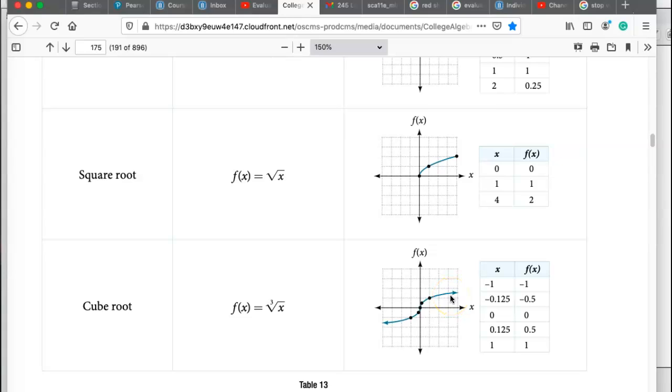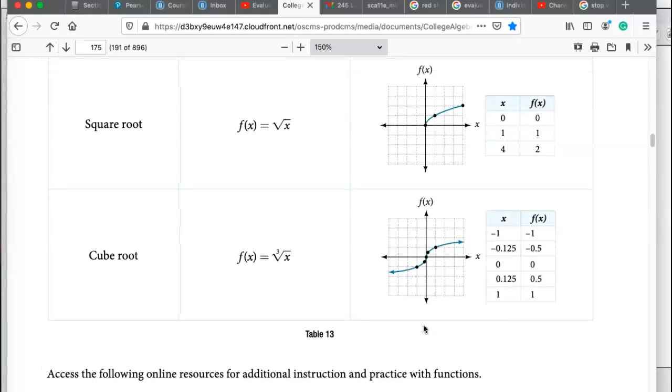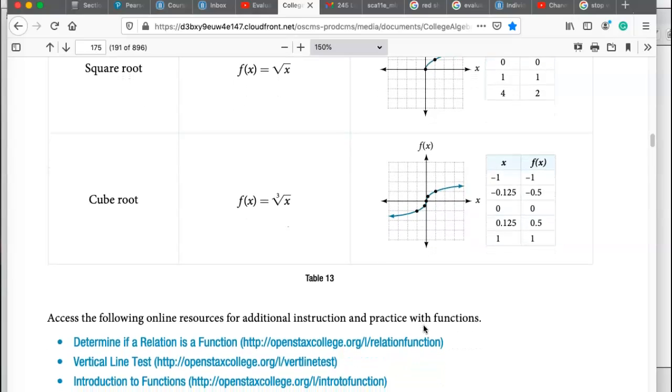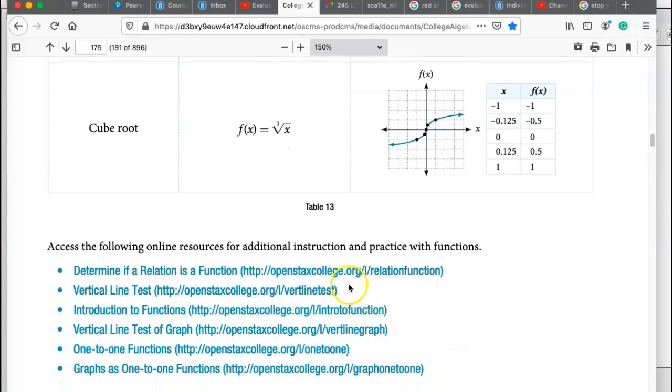So, thinking about this, we're going to start having drills that are going to be counting for points. It's quite fair and realistic that I could have a graph and then I could ask you to state its proper name. So we just want to make sure that we're drilling. And what's cool about this too, I found in your textbook that you also have links to other videos if you need more